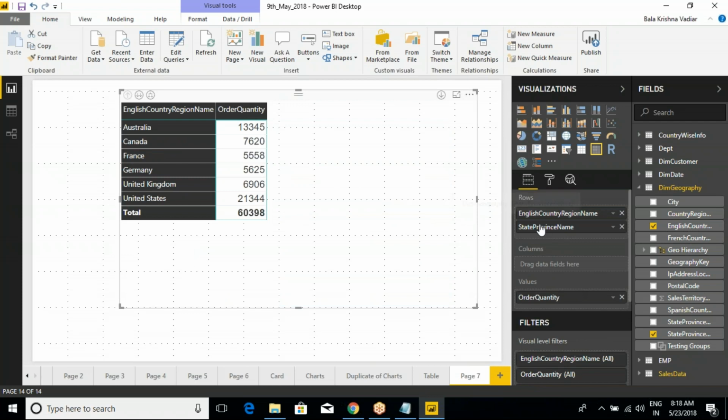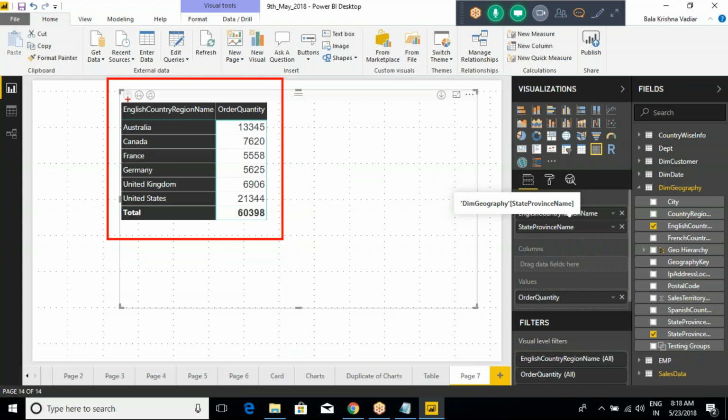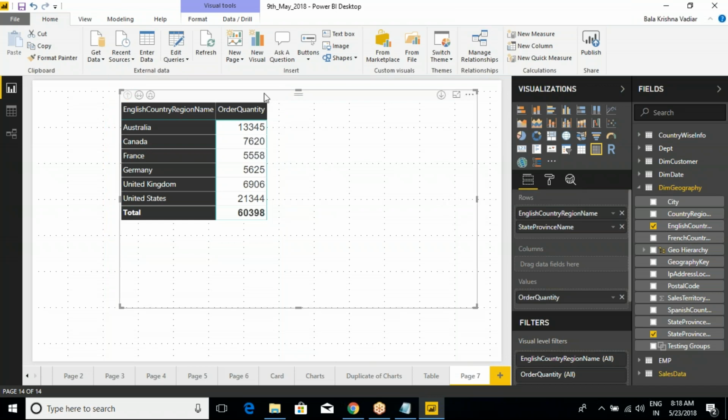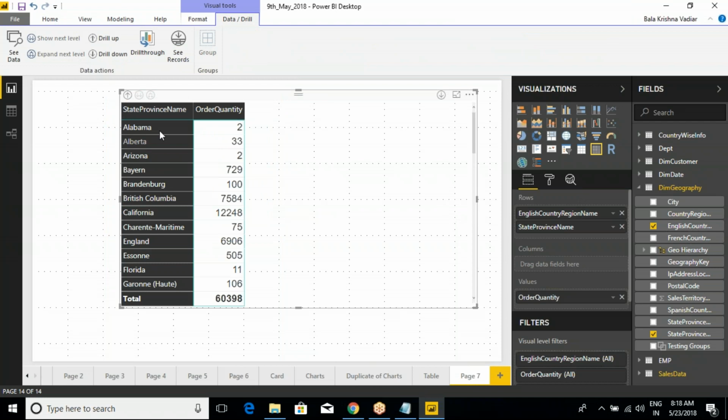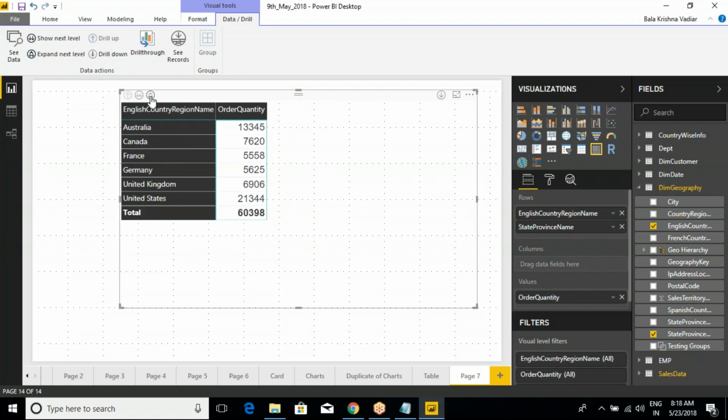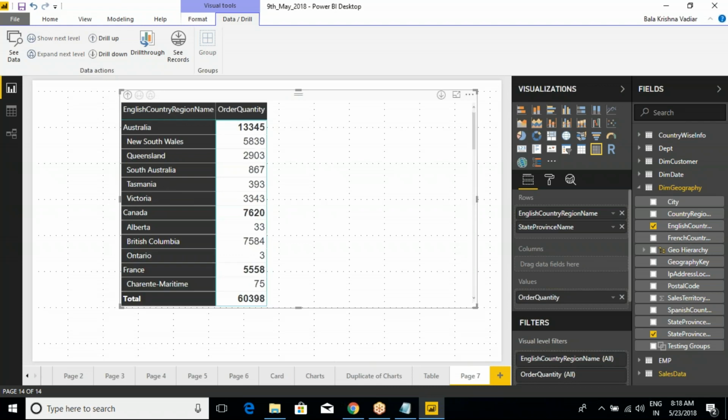Actually, it is forming a drill down feature here. Already we have discussed what a drill down is and data tabs. We discussed this one. There is an option here. See this one, this icon will be enabled. Expand this one, now the state level will be enabled. Now you come back. If you want to expand to all levels, now as you could see here clearly, in